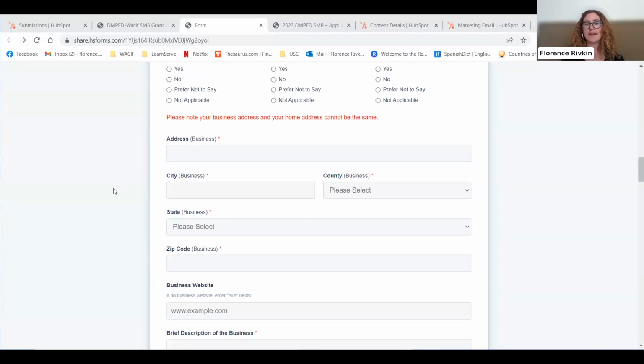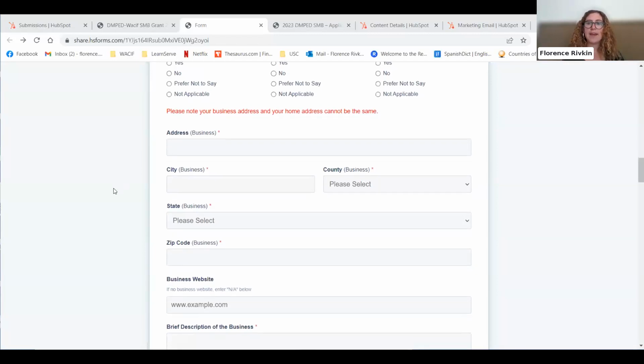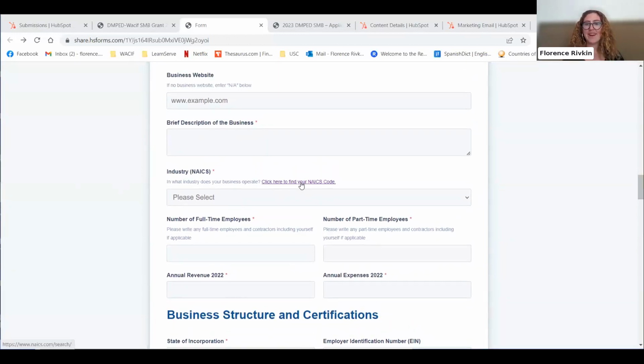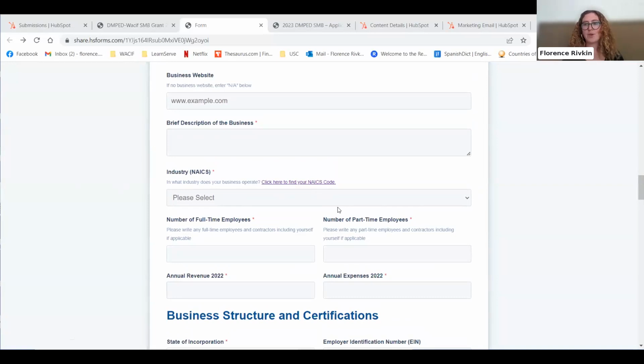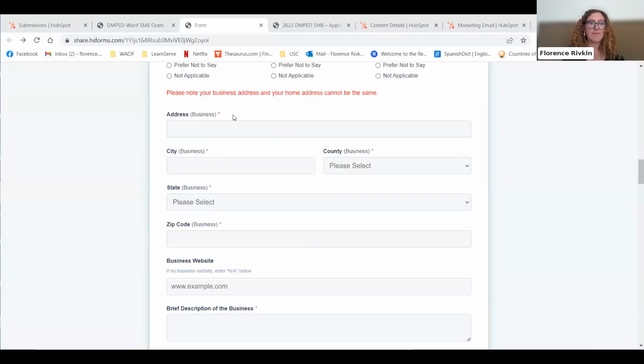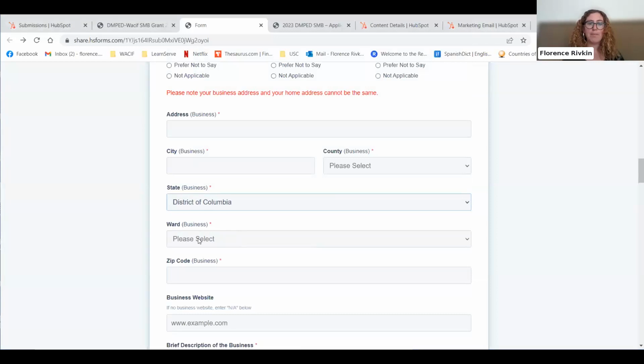It can't be a home-based business. So just please note that you will be ineligible if you fill out your business address and a home address as the same. Then we're using the NAICS codes for industry. If you have no idea what that is or what yours is, please click here. You'll be able to see a bunch of different categories for your business, and then you'll select it there. I also wanted to highlight, as soon as you select District of Columbia, the ward will pop up. So most people should know their ward, but if not, come prepared knowing which ward you are in